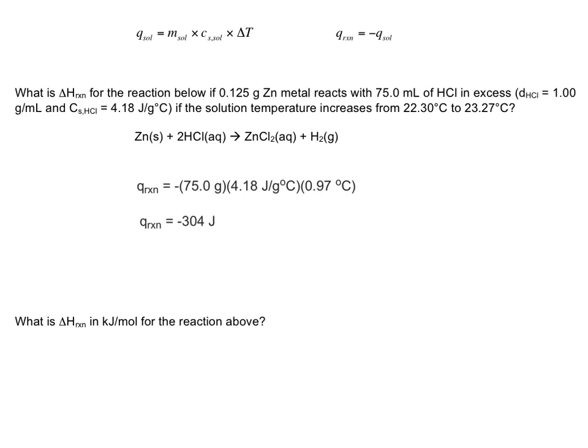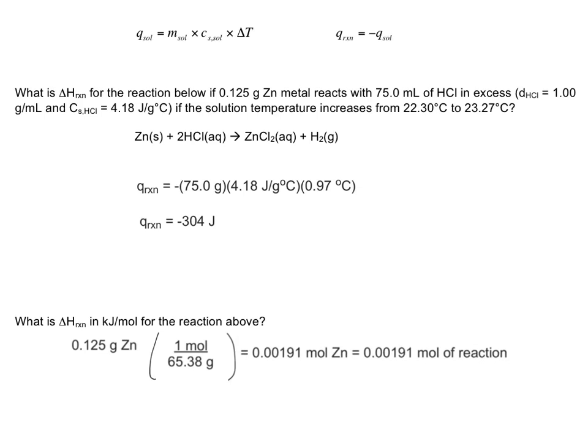All right, so that just tells us how much heat is released for this specific reaction, but what we really want to know is what's the heat of the reaction in kilojoules per mole, because that would let us apply it to any amount of reactants. So in order to do that, we have to know how many moles of reaction happened above. And you can see from your balanced equation that 1 mole of zinc reacts in each mole of reaction. So all we need to do is figure out how many moles of zinc reacted. All right, so if we have 0.125 grams of zinc, we can just use the mass of zinc from the periodic table. So we'll do that times 1 over 65.38 grams. And that gives us